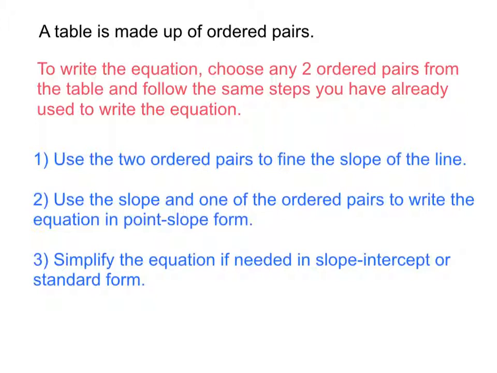So to write the equation, you're going to choose any two of the ordered pairs from the table, and then follow the same steps you've already used to write the equation when you were given two ordered pairs. So first,